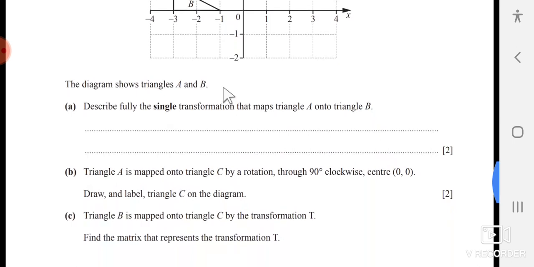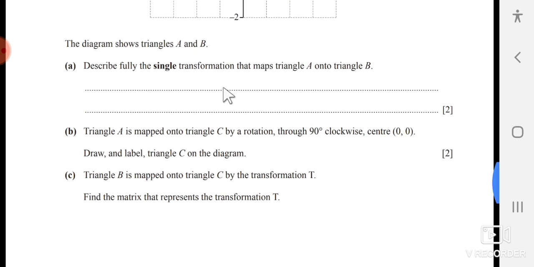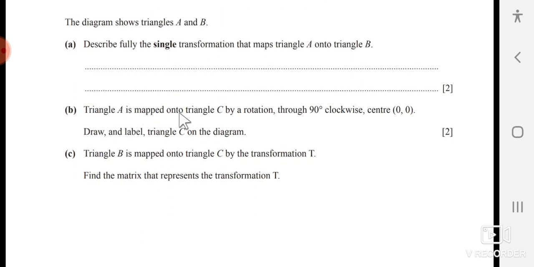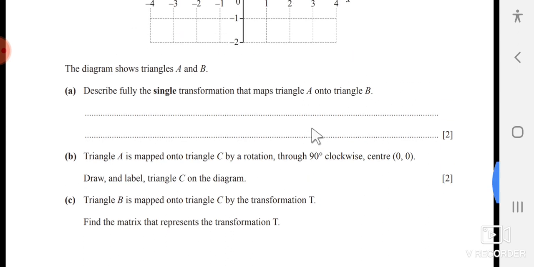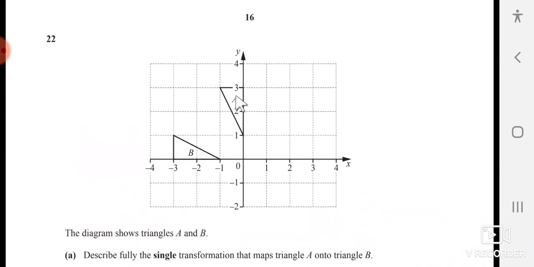Whenever it says describe fully the single transformation, you have to tell what type of transformation and then the corresponding parameters of this transformation. Triangle A is mapped onto triangle C by rotation through 90 degrees. A is this and the center is this, so this triangle would be like this. Okay,